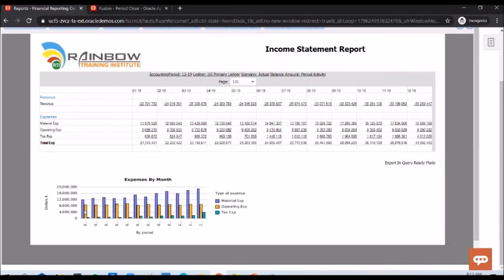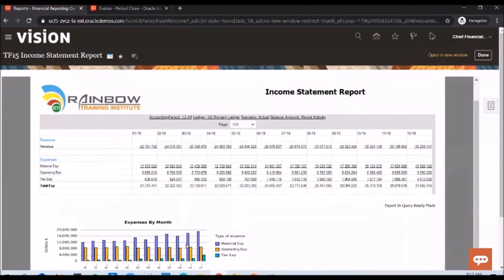And if you look at the graph, one quick look at it, I can make out this purple line, or the material expense, has been increasing steadily over the year, right? But if you look at this yellow line, or the operating expense, it is more or less the same all through the year. But if you look at the tax, it has not increased for the first 2 or 3 quarters, but in the last quarter it has increased slightly, a little bit. So this is the benefit of printing the balances in a graphical fashion if required.